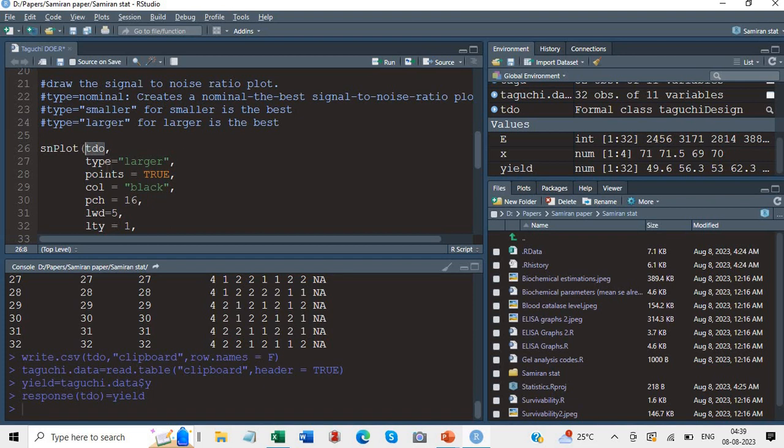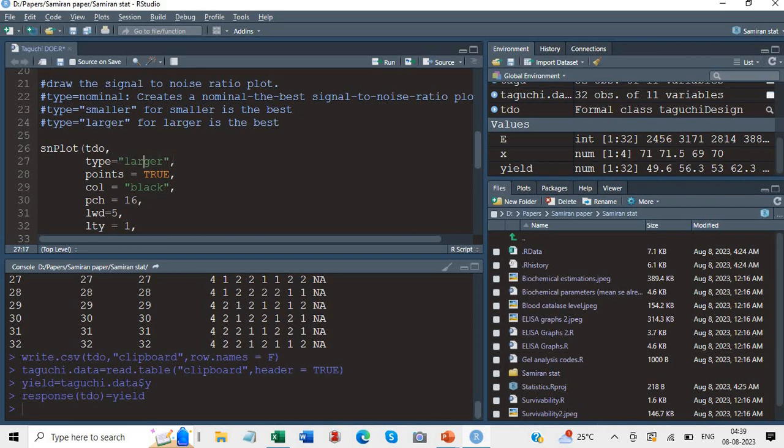So I have written TDO here, then type is equal to larger. In case of Taguchi's design, you have 2 types of signal plot: one is larger is better, and one is smaller is better. So in this example I am taking larger is better. If it is smaller, then instead of larger you'll have to write smaller here, but